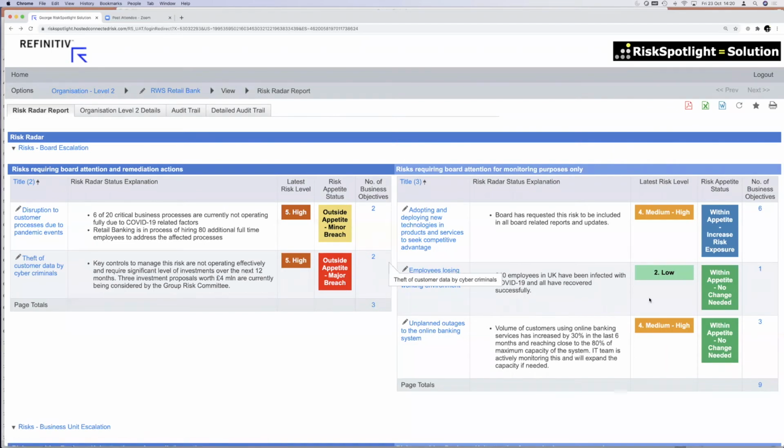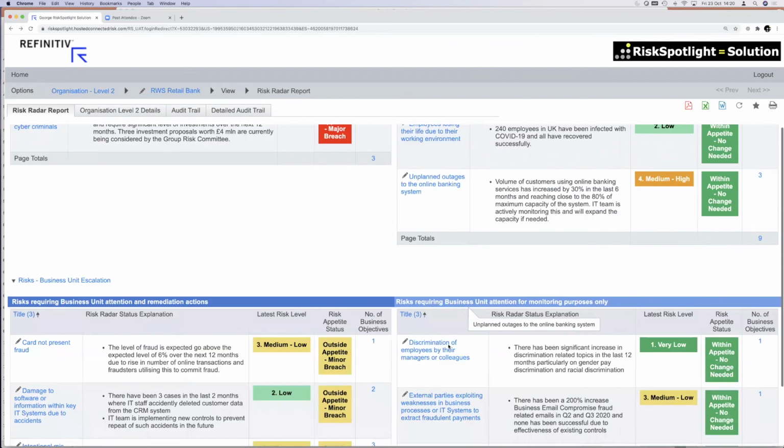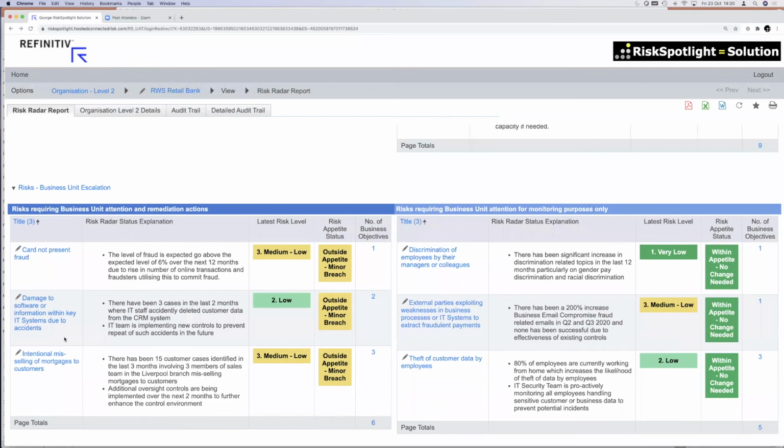Then on the right-hand side is where you have the board risks, which are only for monitoring purposes. Of course, those will also go into the board reporting, but the business unit can also see what we are managing now at the BU level. Here are some of the risks we're handling at the BU level, but they're not significant enough for us to escalate to the board yet. And then on the right-hand side, you have risks we are just keeping an eye on, where things are within appetite. There's not too much to worry about, but we want to keep thinking about this and monitoring it, because things can change and we don't want to be caught by surprise.